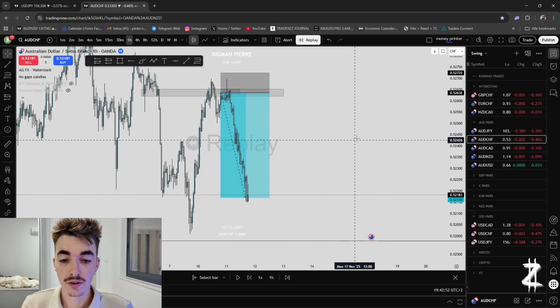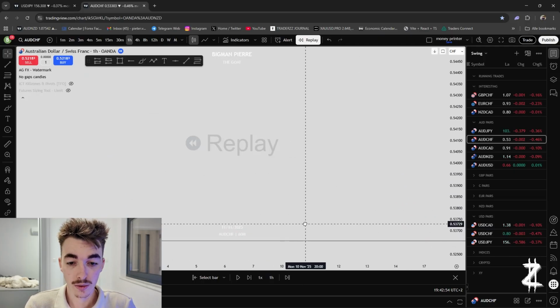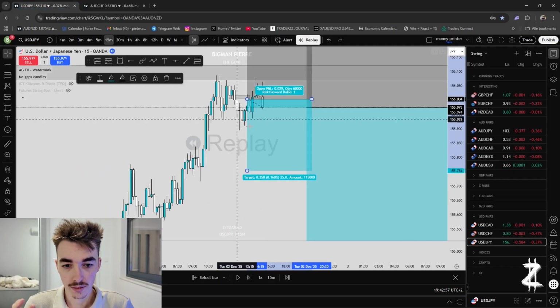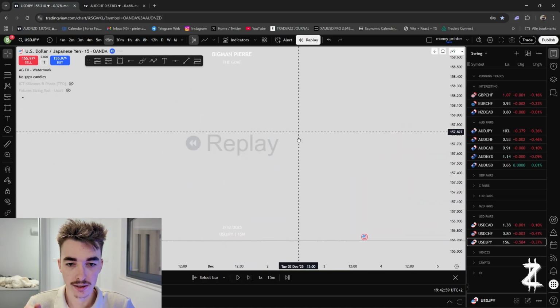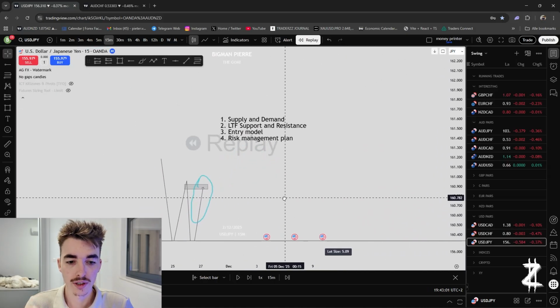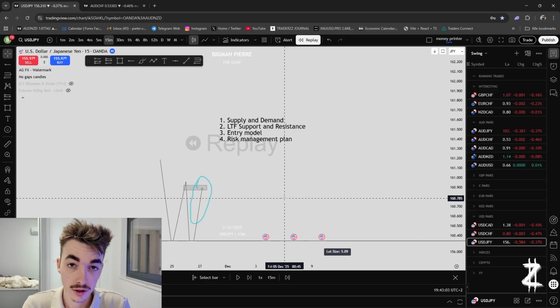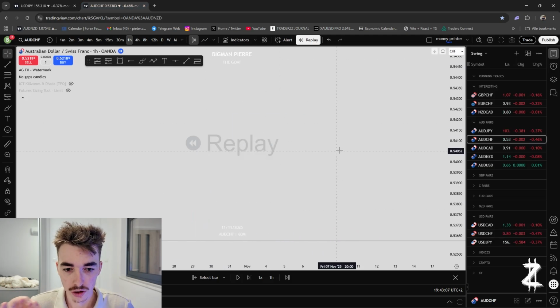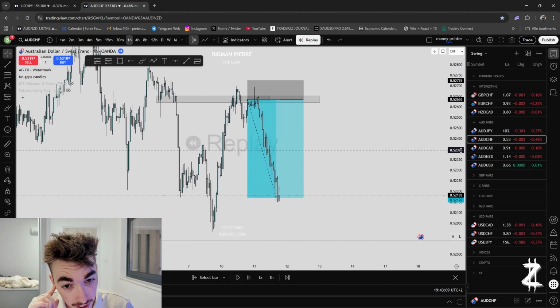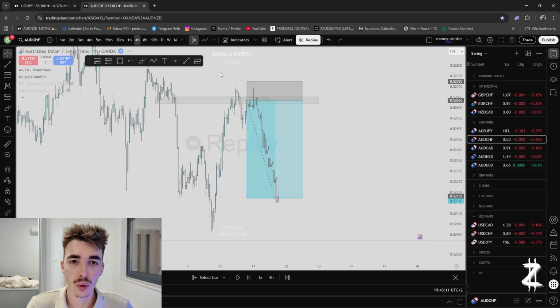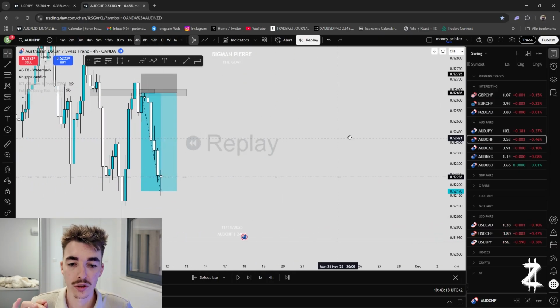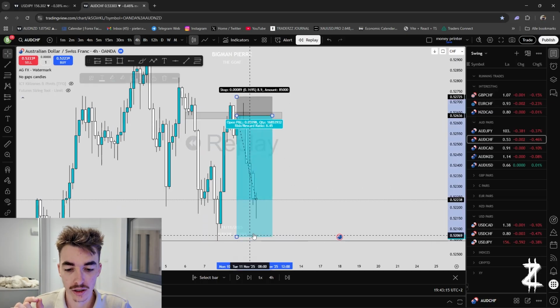So this is the entry model. This is step 3. What is the next step that I had marked out for you guys? It was the risk management plan. So I will cover stop loss placement, break even placement, and take profit placement. So super short, for my stop loss placement, I will always place it above the last 4-hour high